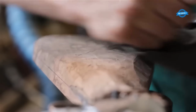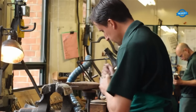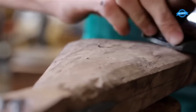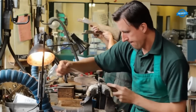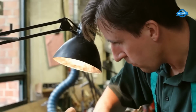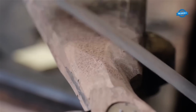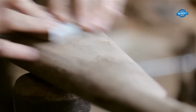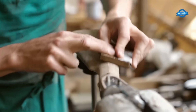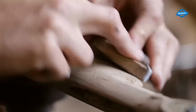The manufacturing process of the stock commences with the rough shaping of the wood. Specialized machinery and hand tools are employed to carefully remove excess material, creating the initial form of the stock. Skilled artisans then take over, utilizing their expertise to meticulously carve and shape the stock, paying close attention to the contours, lines, and proportions. Each stroke of the chisel and rasp is executed with precision to achieve the desired shape